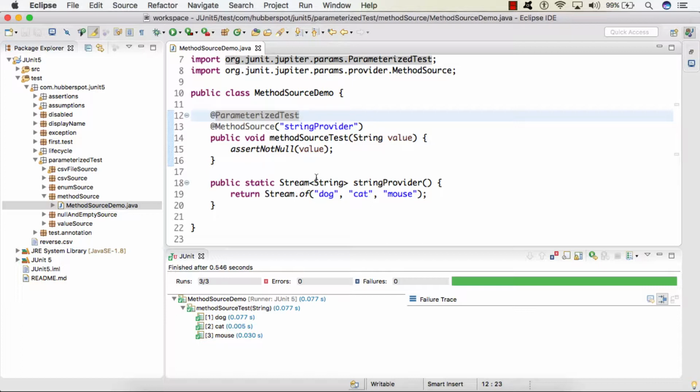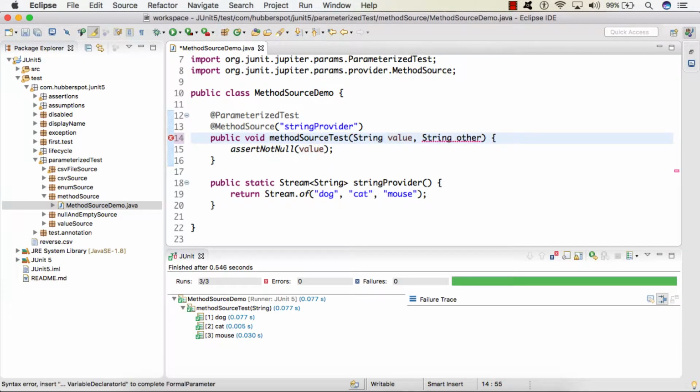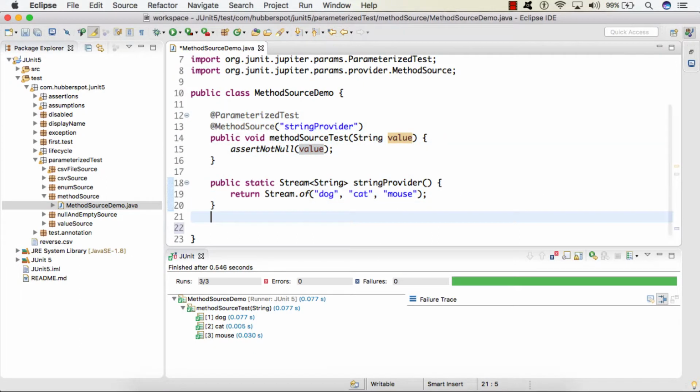So friends, here we saw that we only provided a string value. Now what if we want to have multiple values, something like this? So we can't use this stream of string now because it has now multiple arguments. So then what we can do is we can simply use the Arguments interface. So we'll see a demo. I'll just copy this and paste it below.